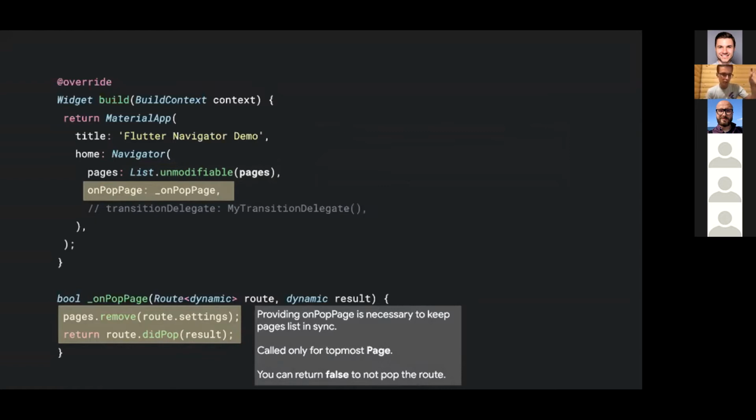So let's say you have your change notifier or even a list in state, you need to somehow be notified that the topmost page was removed. So then you need to use this onPopPage callback. And it's necessary to provide this. If you return false from that, then this page will not be popped. And if you want it to be popped, then you need to remove it from the list of pages. So here I remove this from my pages collection.